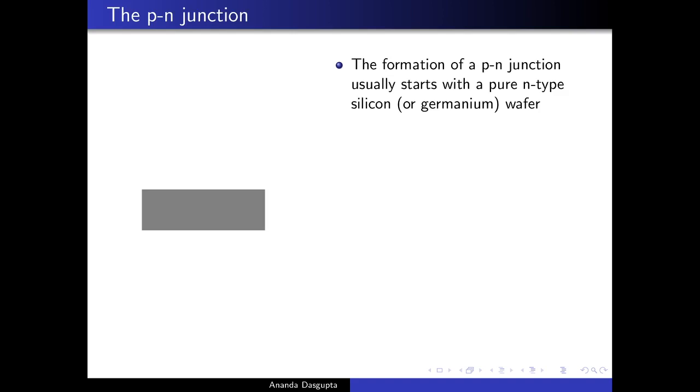Well, how is a PN junction diode formed, or how is a PN junction built? You essentially start with a pure N-type silicon or germanium wafer, this grey block that I have drawn on the left hand side. You could have also started, by the way, with a pure P-type. By the way, how do you produce a pure N-type silicon wafer? You start with very pure silicon. Producing that in itself is an industrial challenge. And one major way in which this is produced is that you put the silicon wafer for a controlled amount of time in a vapor